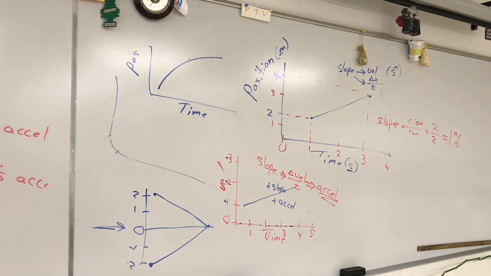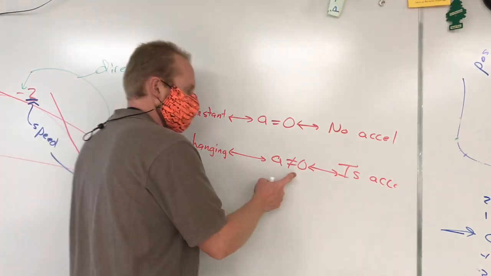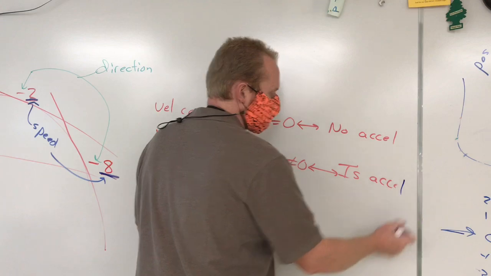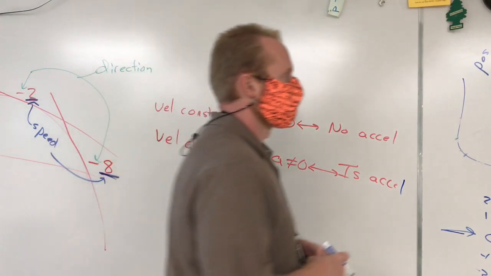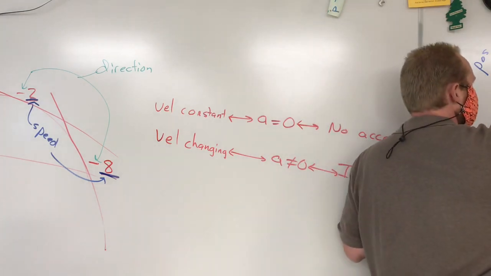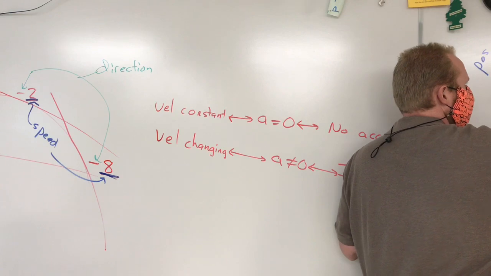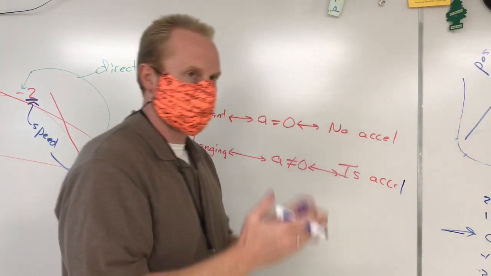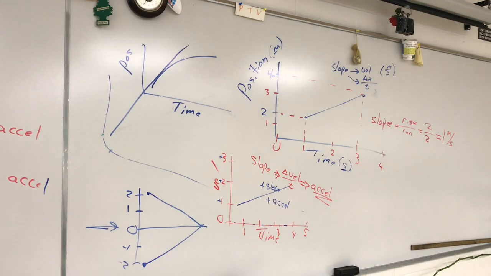Now, what does "velocity is changing" mean? Velocity is changing means that your acceleration is not zero. It's some other number besides zero, which means it is accelerating somehow in some direction. Okay? Now, people struggled, I think, a little bit when we started doing this: how do we determine that this thing is speeding up or slowing down? And the idea is if we were to draw a slope of some small portion of that graph,